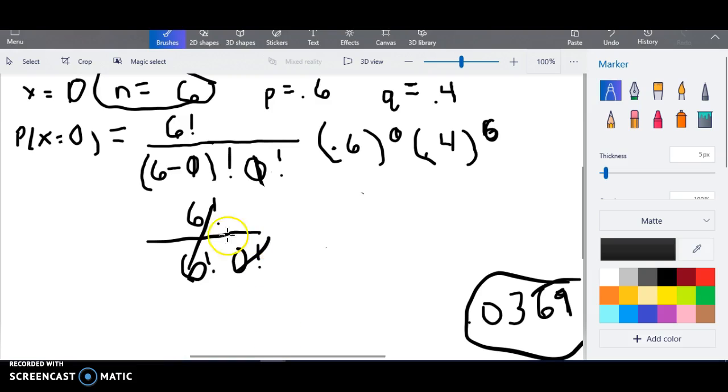So basically, you end up with 1 over 1, which is 1, and anything to the 0 power is 1. So we end up with 1 times 0.4 to the 6th power. So 0.4 to the 6th power is what we need to put in the calculator. And that is going to end up rounding to